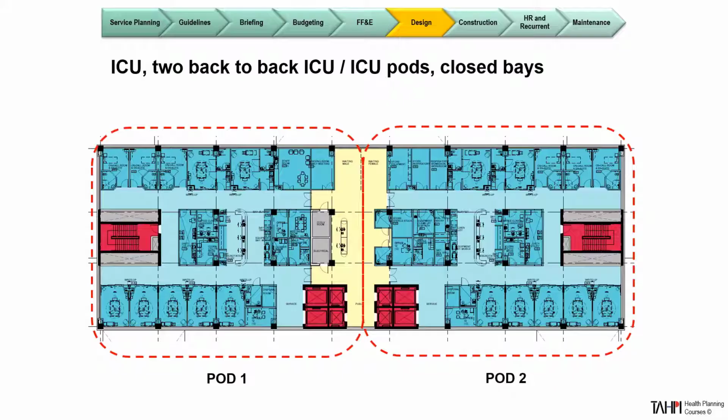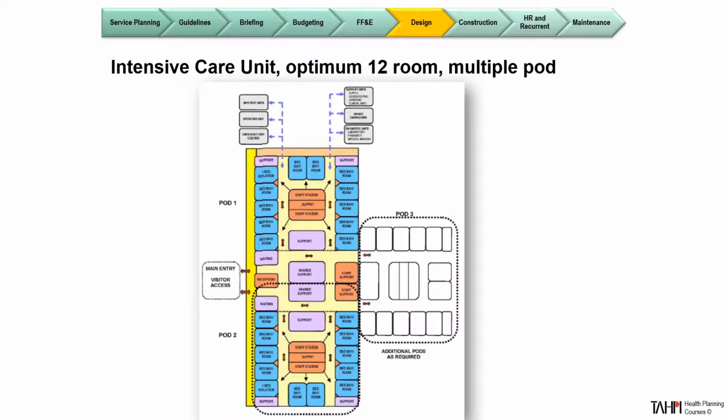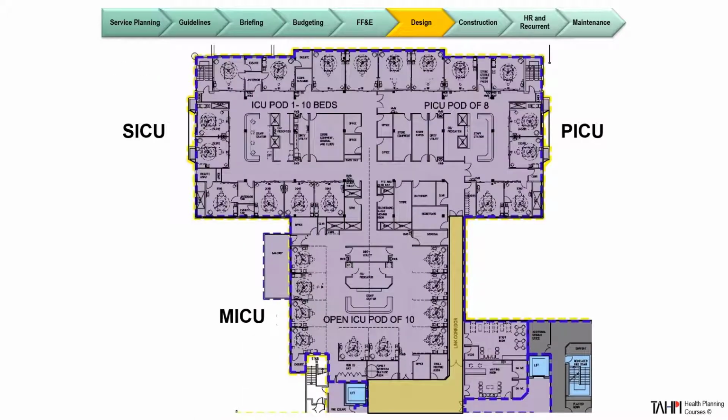This is a pod design, 2 pods for 1 unit. This is an example of 2 modern ICU rooms with services from the ceiling, observation bay, and triple sliding glass to the corridor. It's a pod design with 3 pods. This is a realistic design for 3 pods.